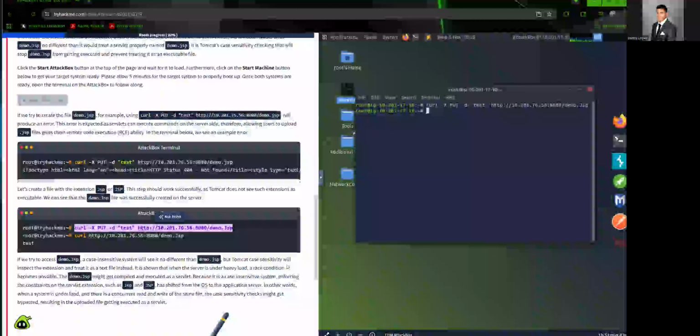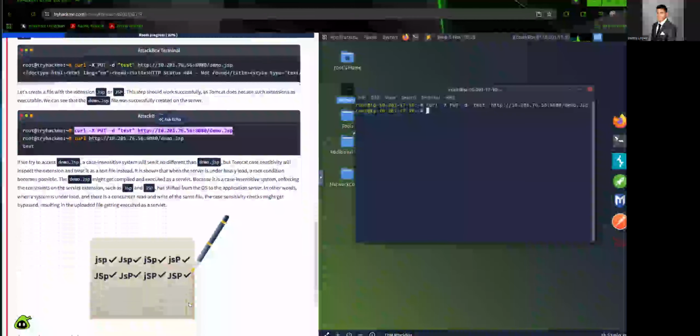The demo.JSP might get compiled and executed as a servlet because it is a case-insensitive system; enforcing the constraint on the servlet extension such as jsp or JSP has shifted from the OS to the application server. In other words, when a system is under load and there is a concurrent read and write of the same file, the case-sensitivity checks might get bypassed, resulting in the file upload getting executed as a servlet. Okay.